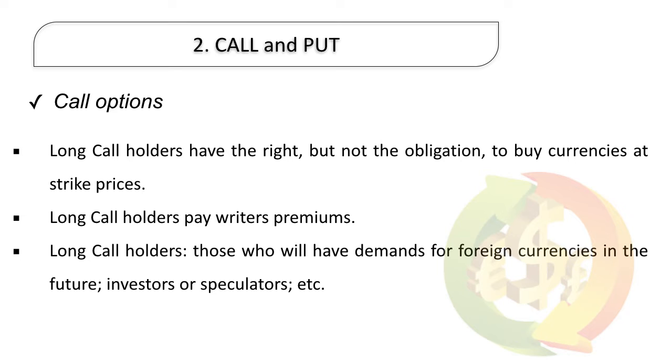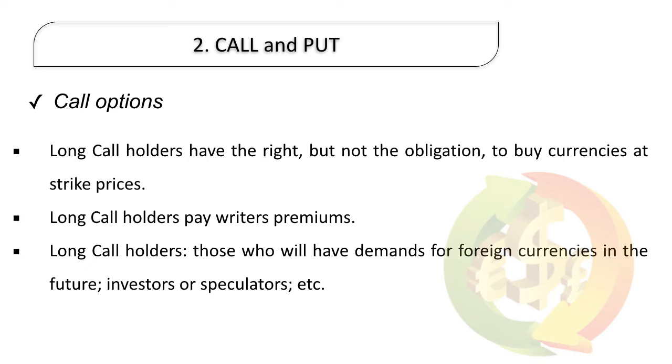Once entering a call option contract, the holder would have the right to buy an amount of foreign currency at the exchange rate determined at transaction date, which is called the strike price. Simultaneously, the buyer has the duty to pay the seller a sum of money, called the premium. Then, depending on the situations of spot exchange rate on the market, the holder will choose what to do with